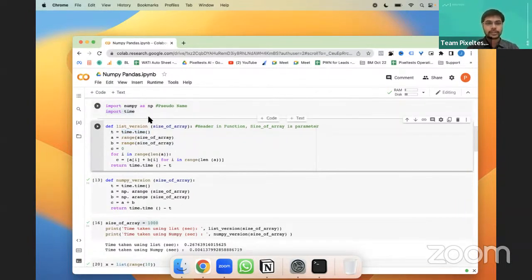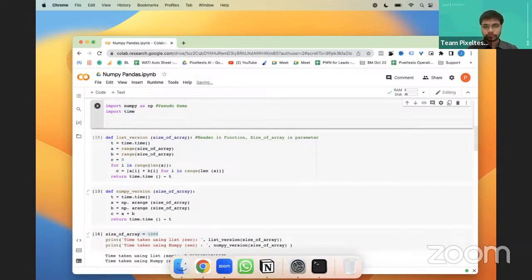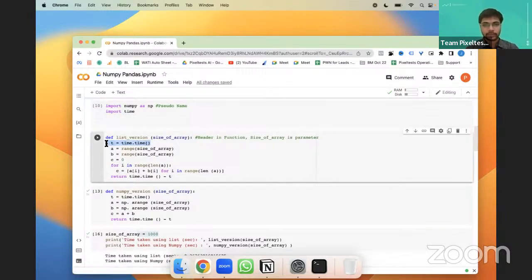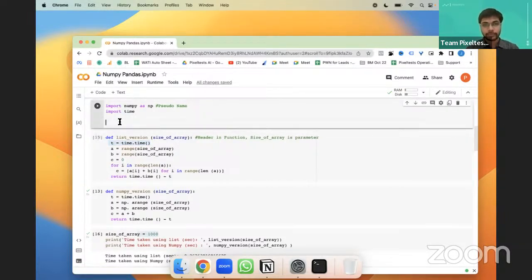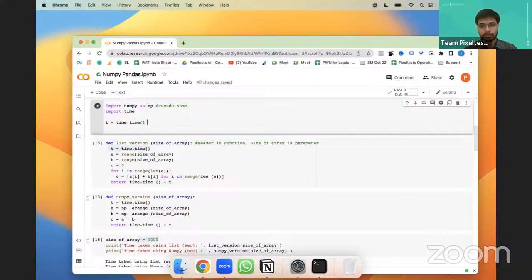So let me first run this and show. t is equal to time.time(). Now this will give something called an epoch value in time. You don't have to remember this. This is just helpful, the time value.